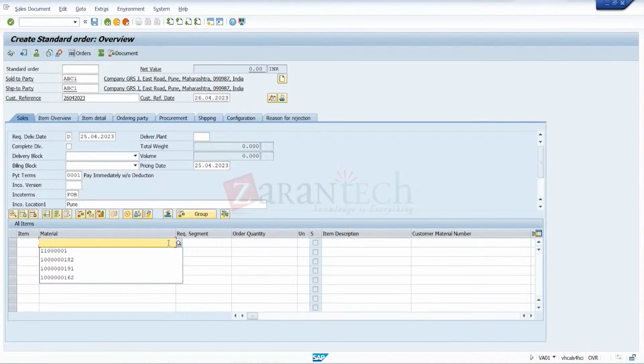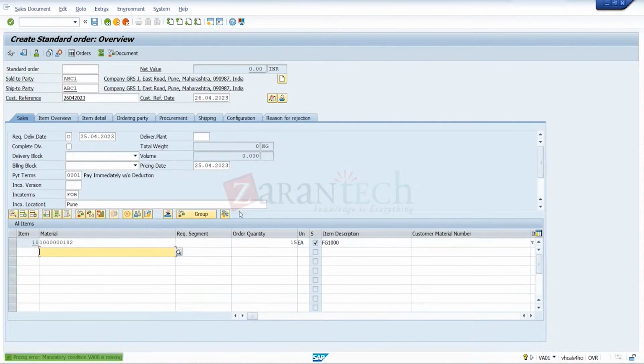Material, give some 15 quantity. And for this customer,